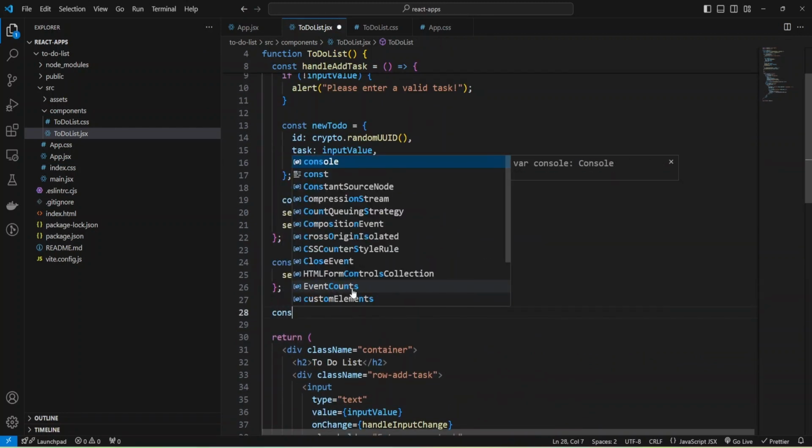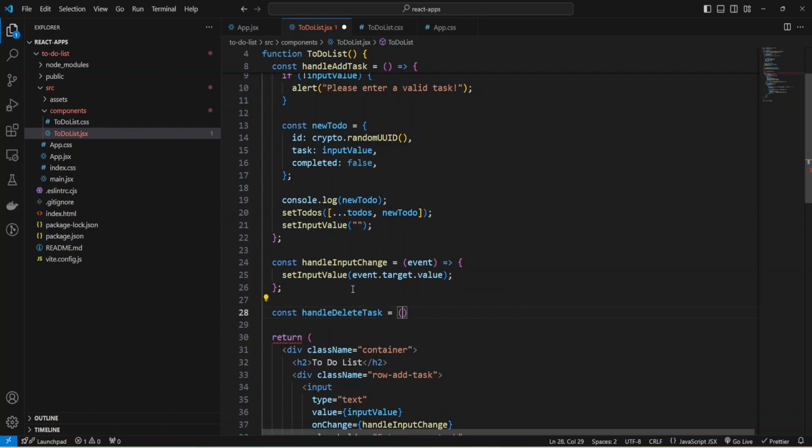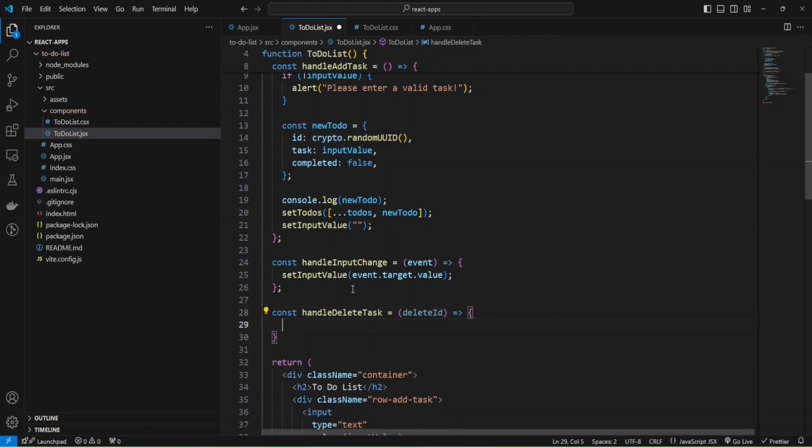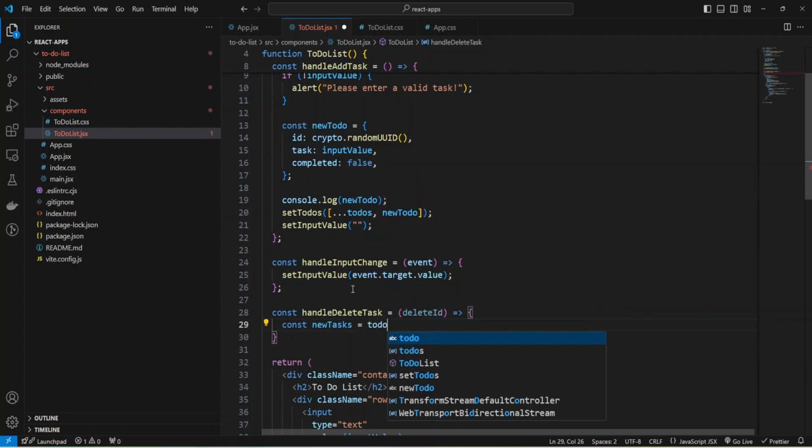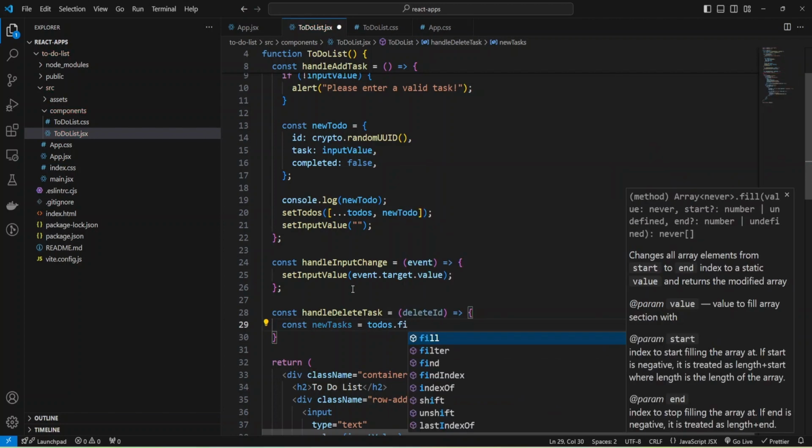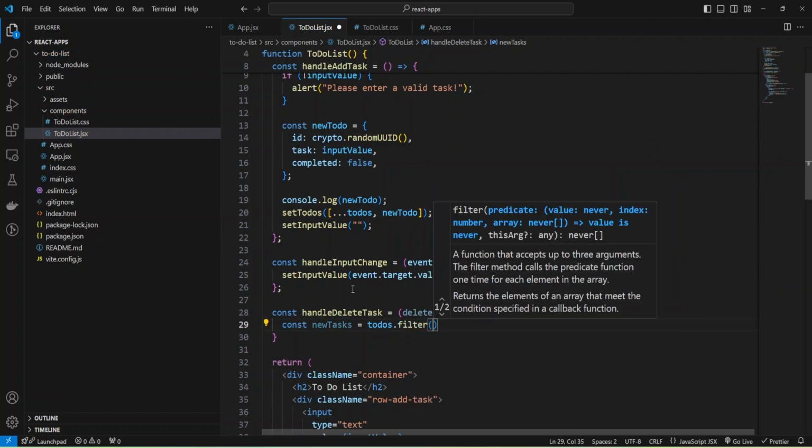It will be an arrow function. And as parameter, we paste our ID. And I'm going to use delete ID to not confuse it with my tasks ID, to-dos ID. And just provide some code. And I'm going to use array's filter function to create a new array. And it will be new tasks. And I'm going to filter my to-dos. Use filter function because to-dos is an array.